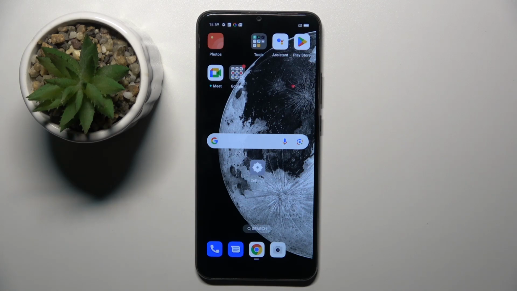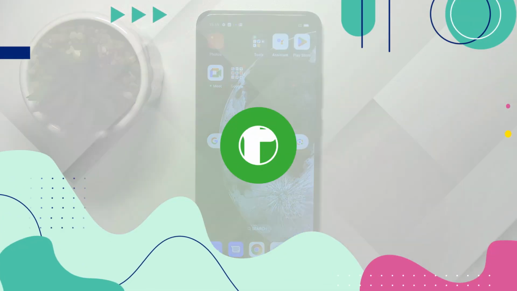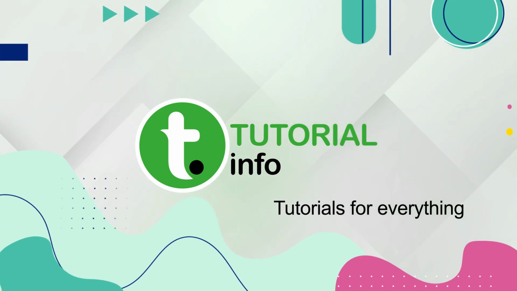In front of me is OPPO A15s, and in this video I am going to show you how to add and remove home screen widgets on this device. Alright, so